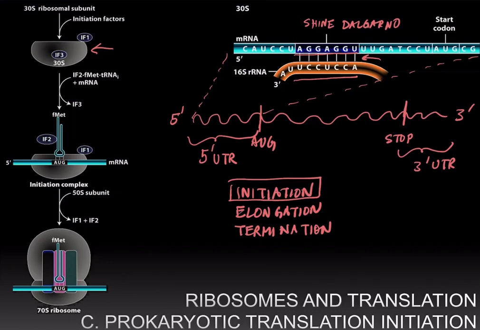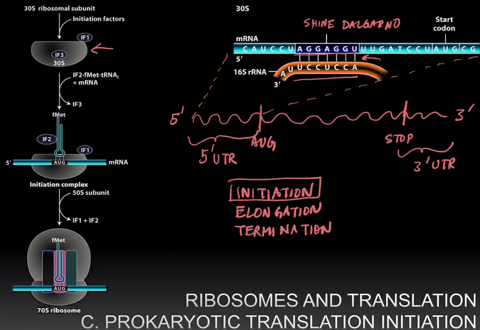So it's a modified form of methionine, and recall that methionine is the start codon. So the first amino acid in every polypeptide chain is methionine, and in this case initiation factor 2 brings N-formyl methionine, or fMet, also called the initiator, and the mRNA,